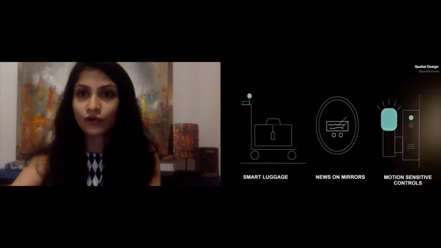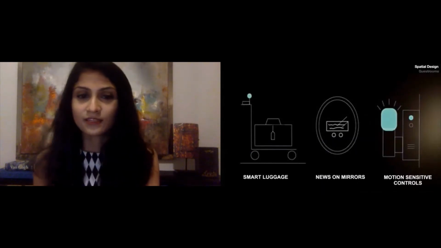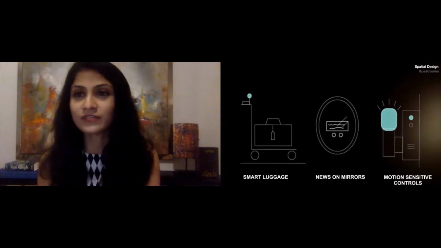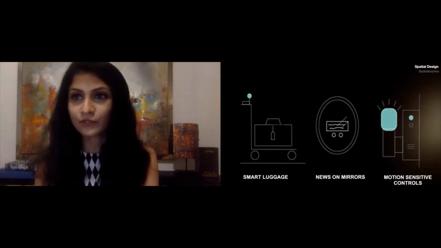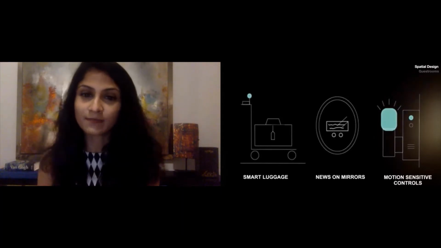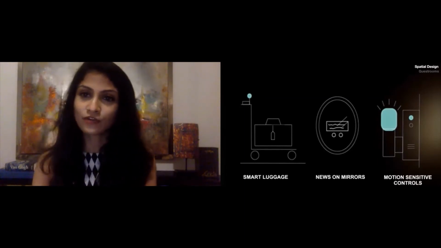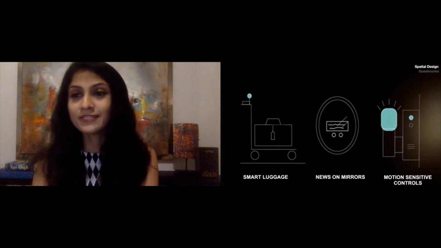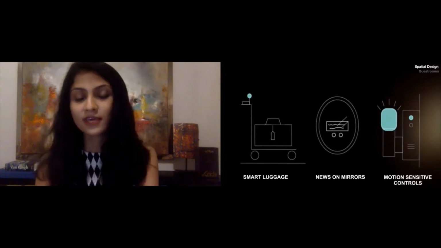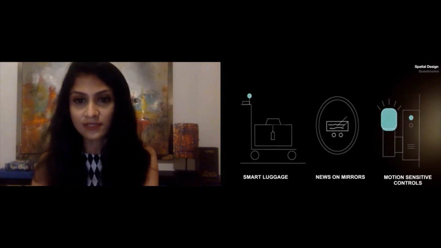I'd like to move on further into the guest rooms. It really isn't much of a stretch to imagine all of these already, if not coming soon, like smart luggage, news delivered on mirrors already, motion sensitive controls, especially since a lot of these have already become widely marketed consumer tech. So now we look at robots delivering luggage from your taxi drop-off to the guest rooms. One only needs to look at how the smart luggage vertical is growing. This could effectively mean changing staff receiving systems as well as physical storage required for these.